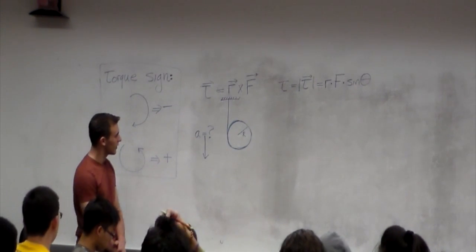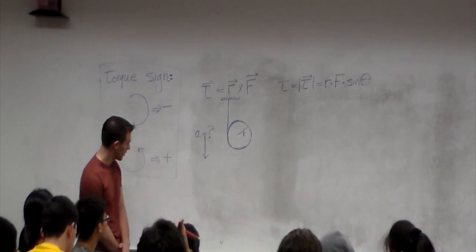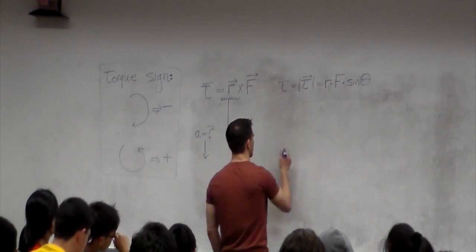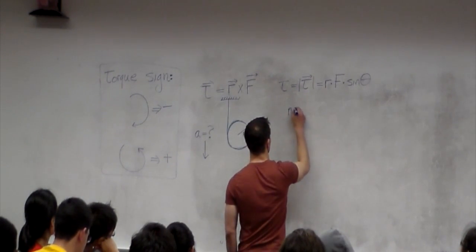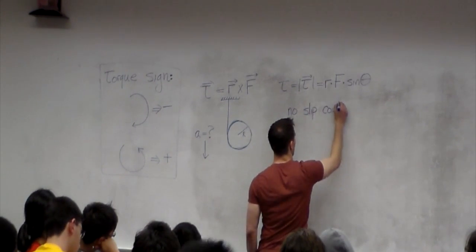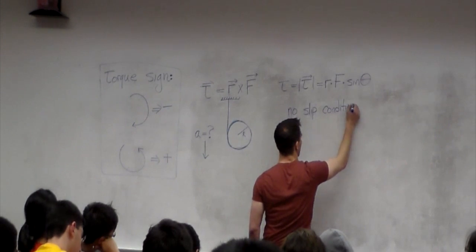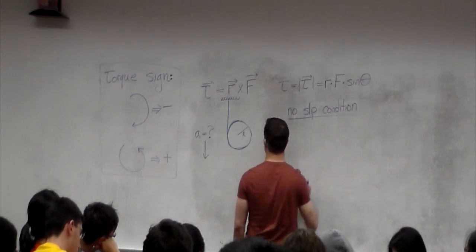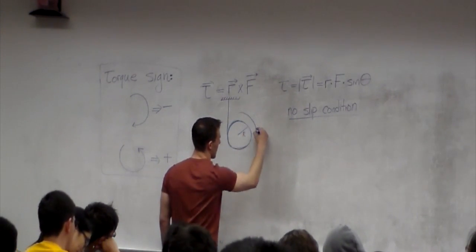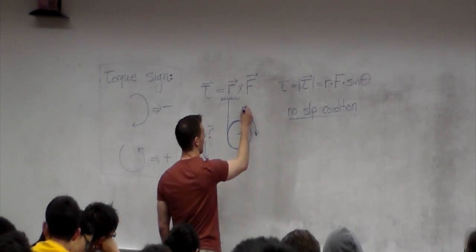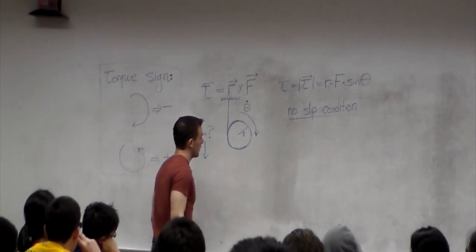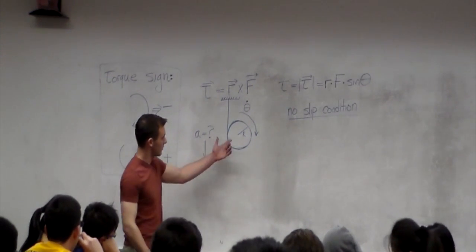Is going to use something called a no-slip condition. And you are all familiar with that, but I will restate it. For a no-slip condition, it says that if I calculate the angular velocity of this disk,